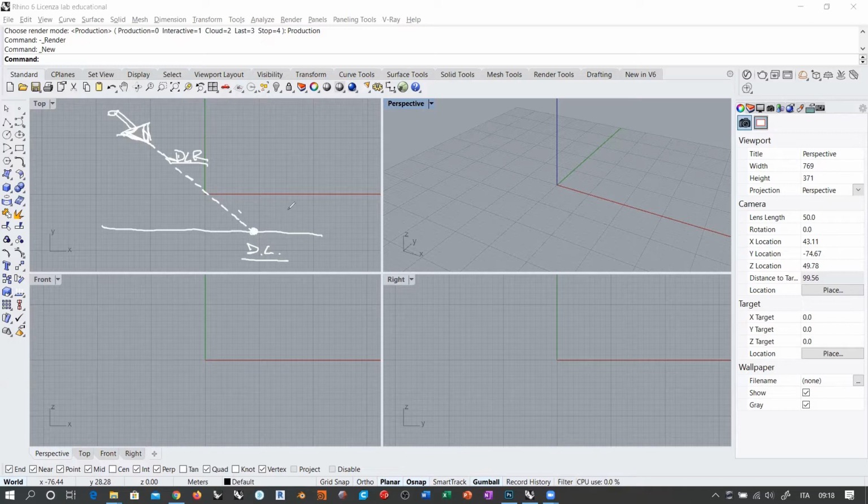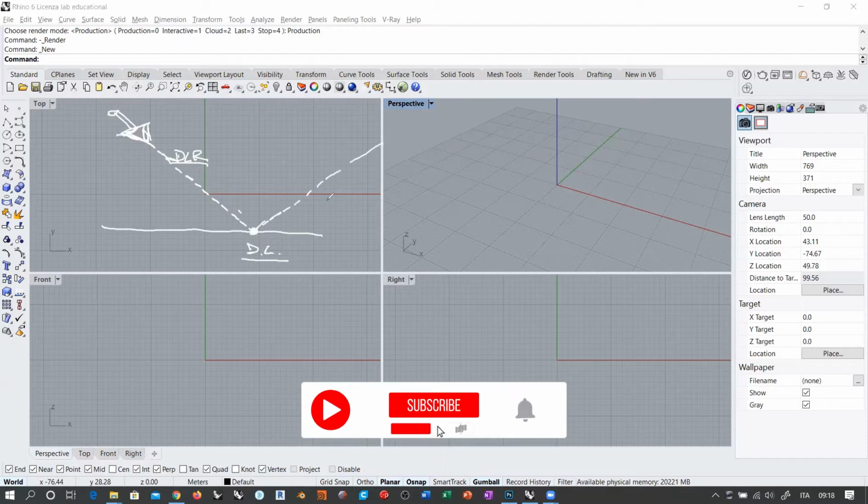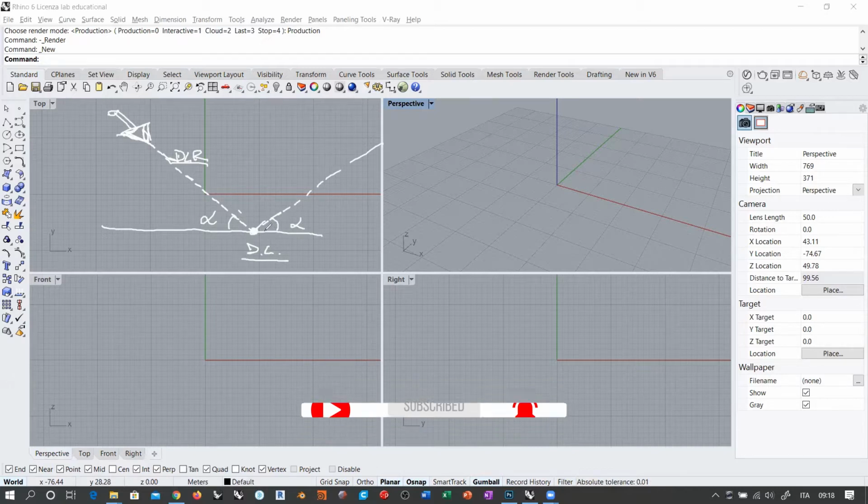So reflection is basically the bouncing of this direct light ray with a very specific angle. And this angle is equal to the angle that is formed by the direct light ray and the surface of the object, okay? So we can call this reflection